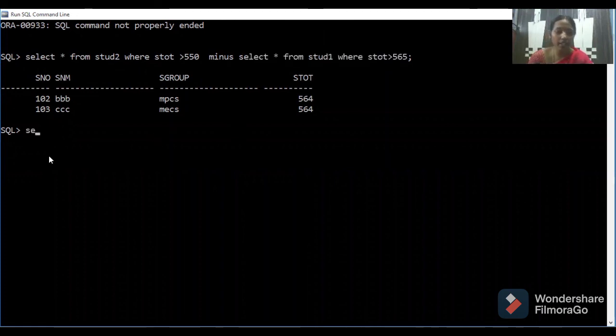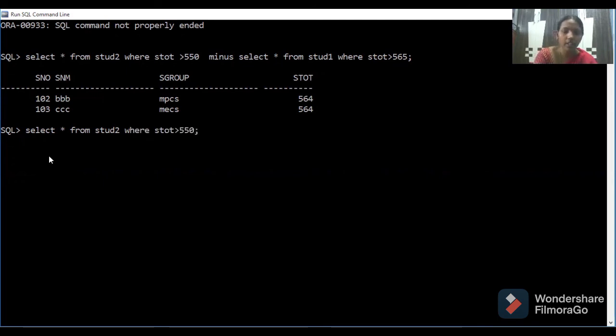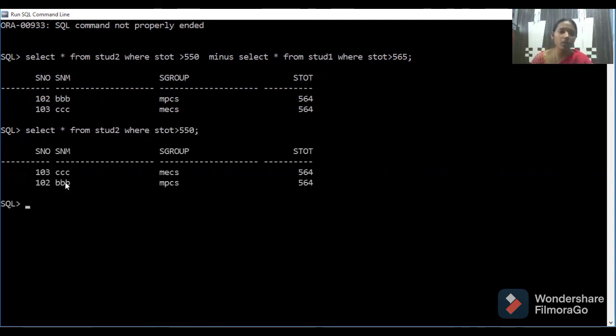Now what am I writing here? Select star from student 2 table where S total is greater than 550. So if you say 550, how many rows are coming? 2 rows are coming. Now similarly, from table 1, I want to look over the values 565.